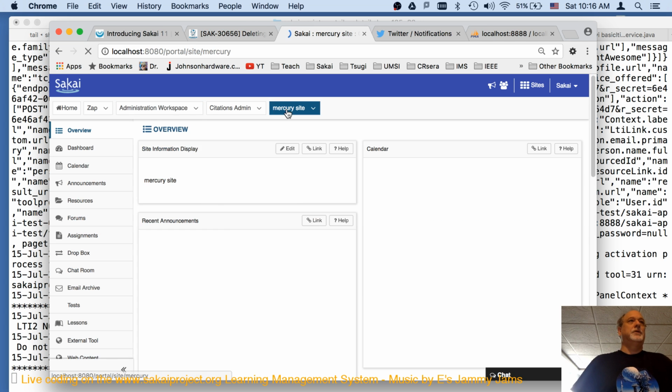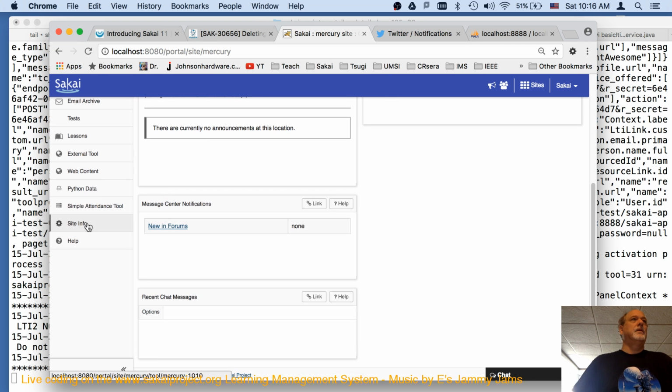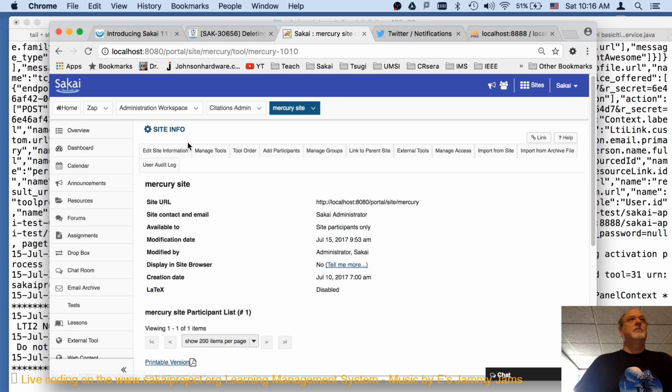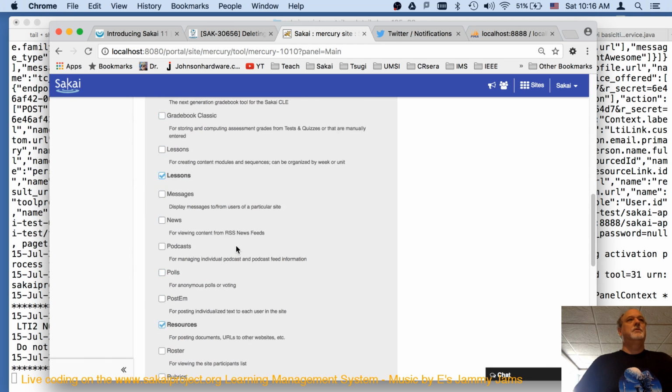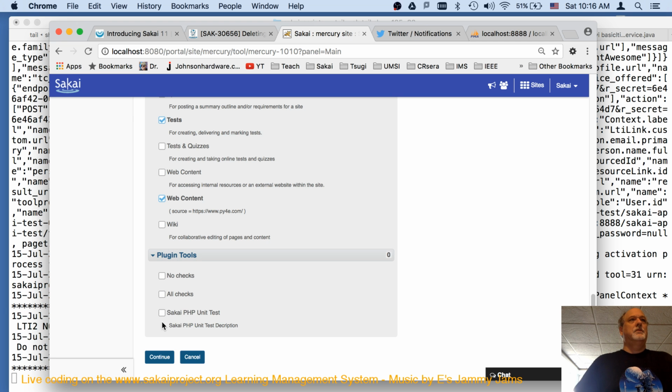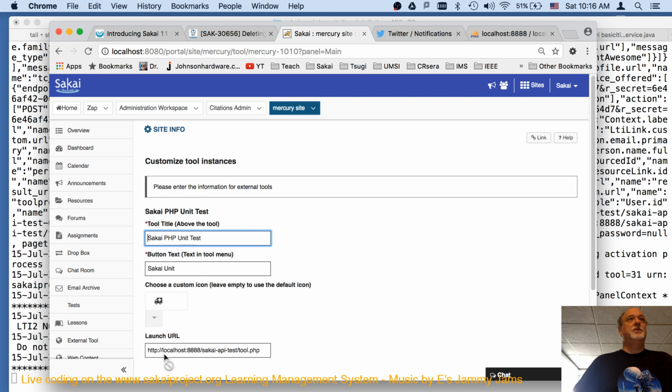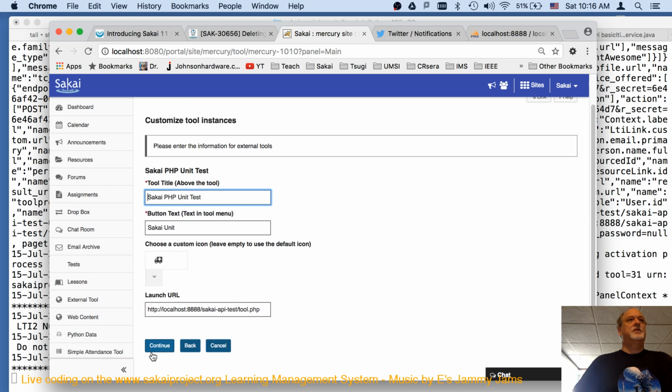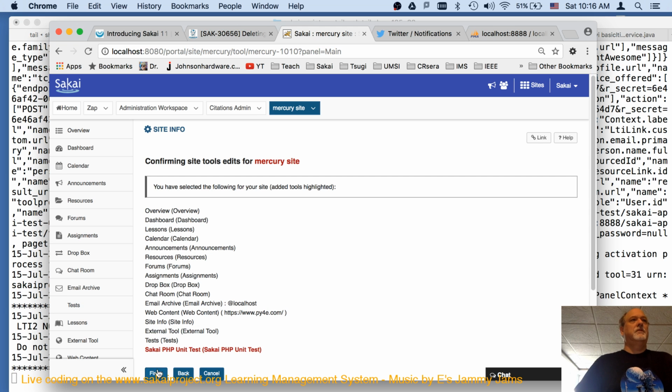Now, what the heck, I'll just use Mercury. These two are bollocksed. These tools. Plug-in tools. Screen test. That stuff in. Finish.